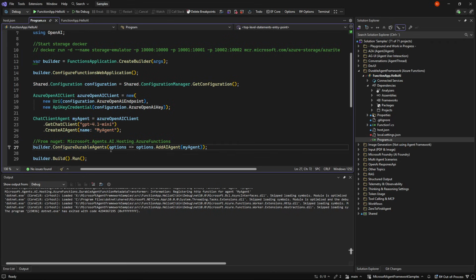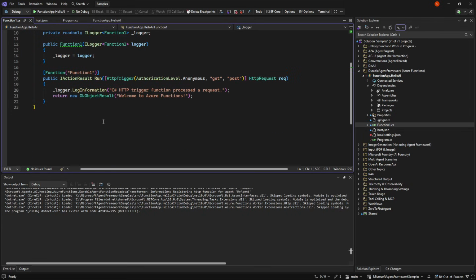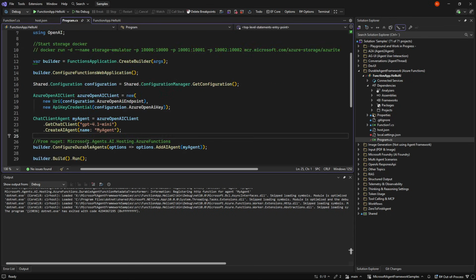So this one just simply says, hey, add an agent. And that's my agent I put up here, which is just built like normal. And then we don't really need to do any more. We can have normal functions as well, but we don't really need them because this will just on the fly,